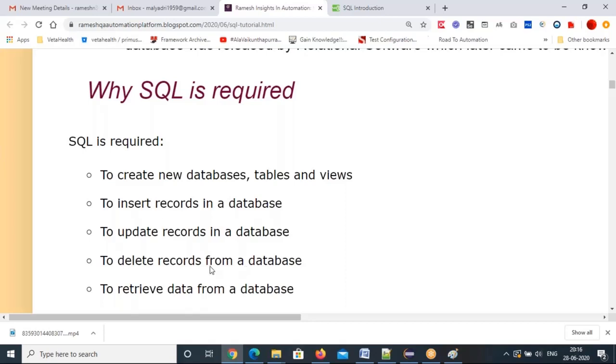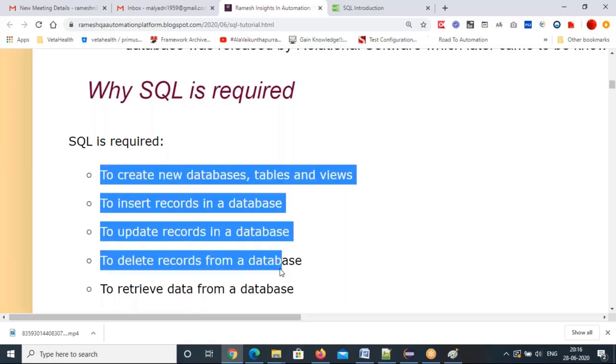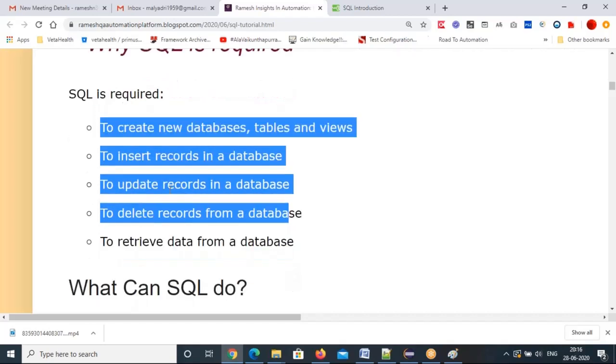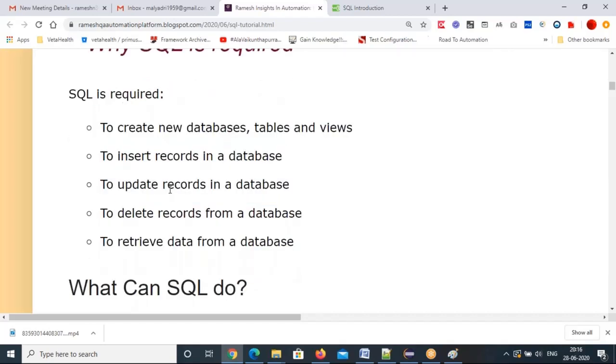These are all actions done by SQL. Once you create a database, in that database you can create tables. Tables will be like this, right? Tables.